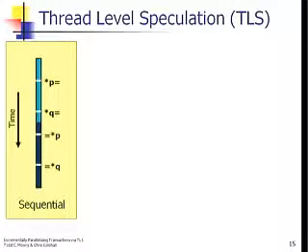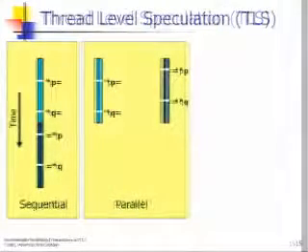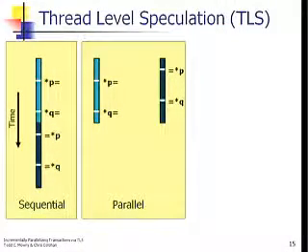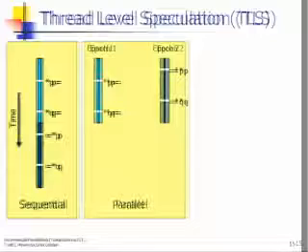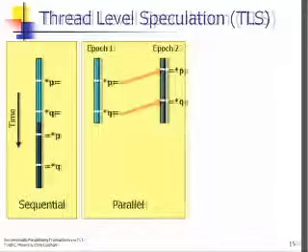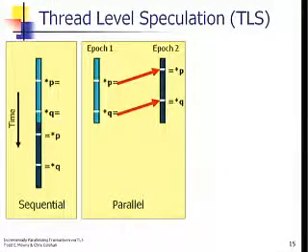So if you imagine some original thread executing in time, and when we try to run it in parallel, what we're really doing is taking something that was supposed to occur later and running it concurrently with this logically earlier chunk of work. And we're dereferencing pointers. We want to label all of these with some logical timestamp, and the system does that automatically. So we realize that this one is supposed to occur before this one. But sometimes bad things happen. For example, we do a load from a particular address, and we loaded it before it was stored over here. So we saw the wrong value, and the same thing happened here. So this is bad,